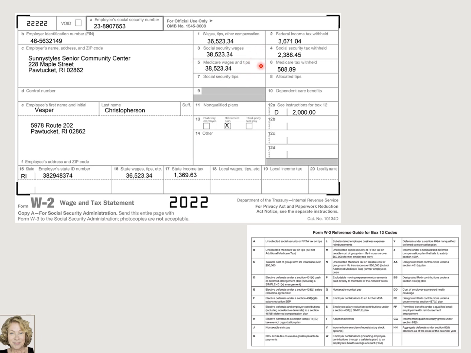Box 4 and 6 contain the Social Security tax withheld of $2,388.45 and the Medicare tax withheld of $588.89. Boxes 16 and 17 contain the state tax information. Vesper had $1,369.63 withheld for state taxes based on the state withholding certificates that he filed in January of 2022.